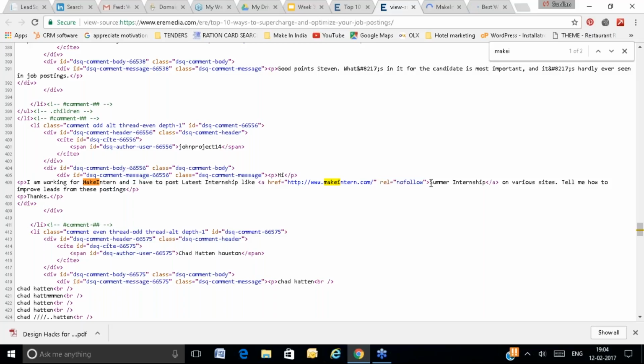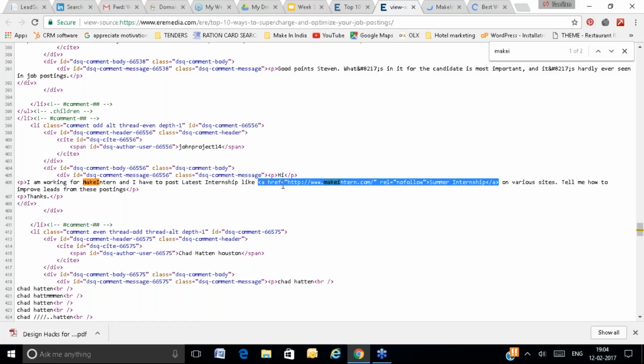And the anchor text is summer internship. The text on which you have received the link is called anchor text. And a href is the actual code which you have to place to receive the link. This is the HTML code which you place on another website to get the backlink.